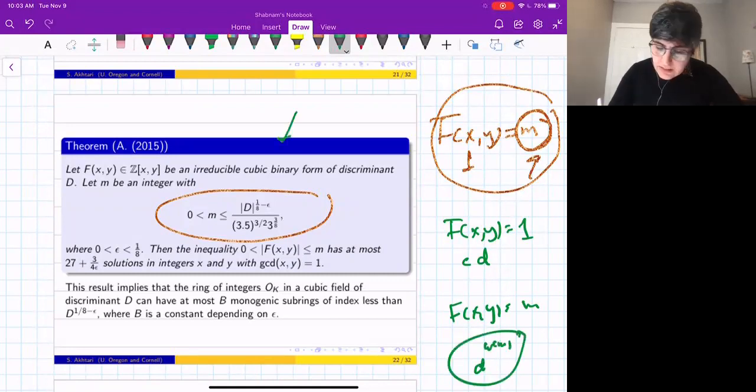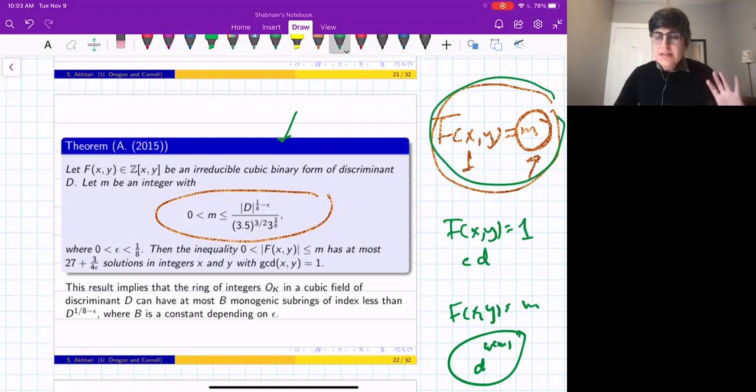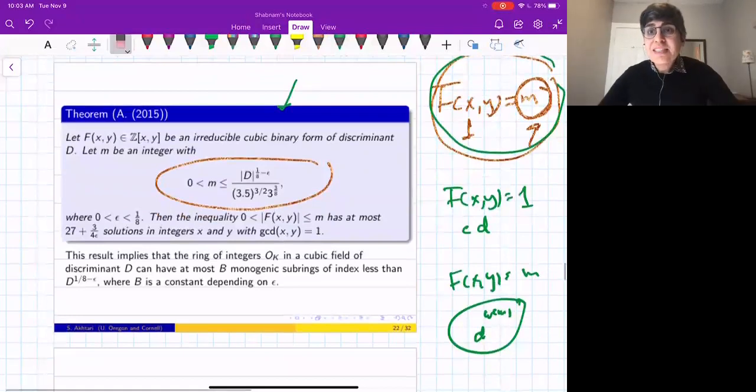So what I'm saying in this kind of result is that M doesn't have to be 1, but it has to be small in terms of the discriminant, right? And this result was proven for general Thue equations in terms of cubic. I translated here. But this beautiful bijection that comes from the work of Delone, Faddeev, and others that I mentioned